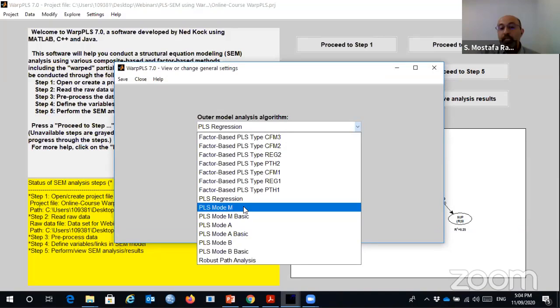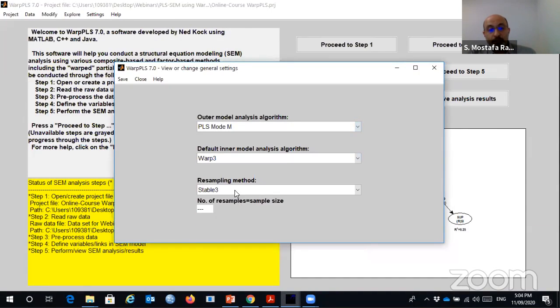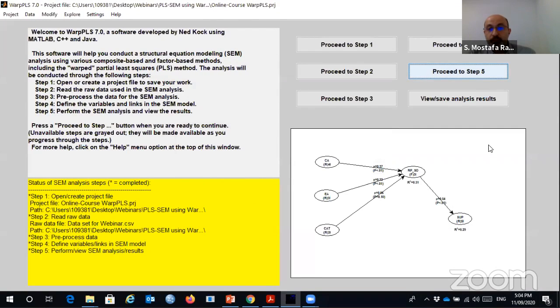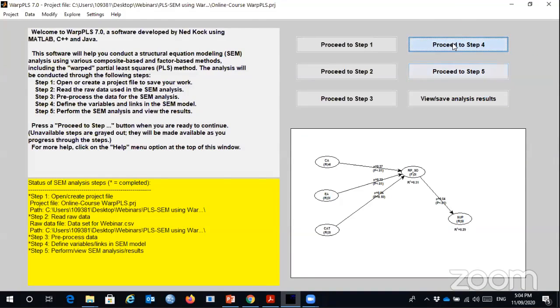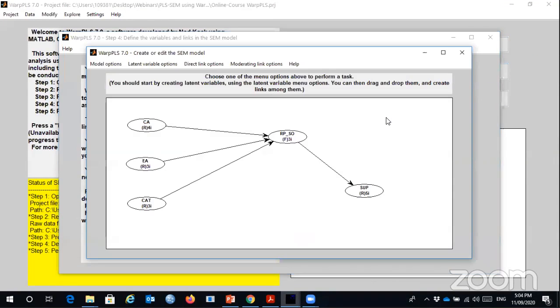Mode M means mode A is applied for reflective and mode B is applied for formative, right? So if we click on mode M, and proceed to define,